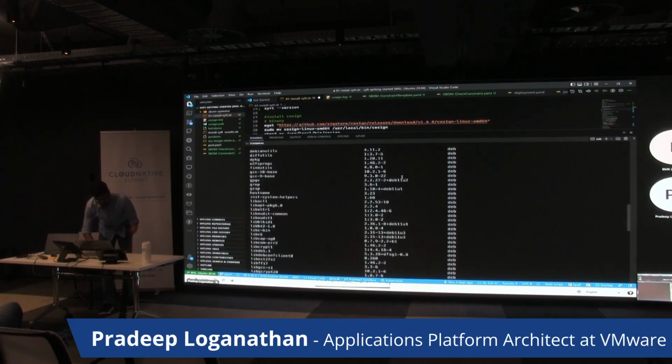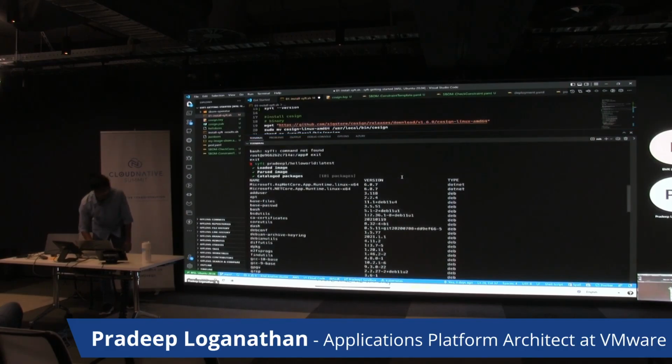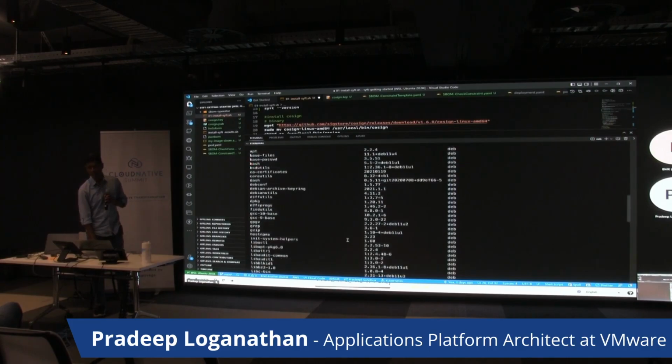Syft ran through, introspected the container, cataloged all the packages within it, ran a bunch of catalog analyzers to work out what the container contains, and generated an output saying it has 101 packages. Basically it has the ASP.NET Core runtime and the .NET Core runtime, and the rest are all the base Debian packages which came in along with the base container.